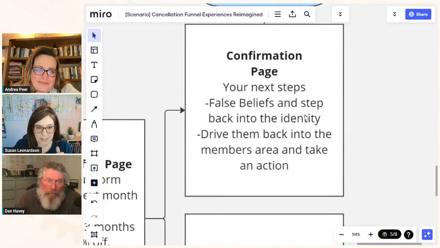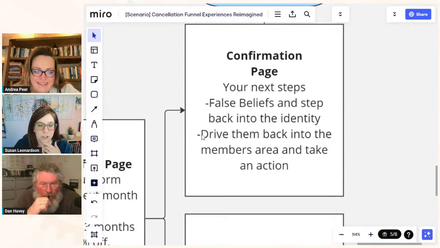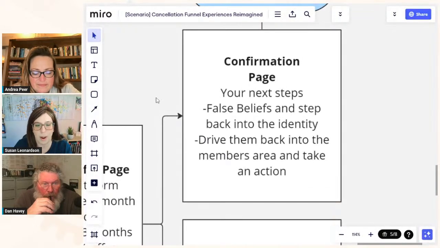Help them to step back into the identity that they were stepping into when they even joined. And then everything should be driving them to take some sort of action to get them going, right? A lot of the times people cancel because they weren't even using it, right? That's not every time, but a lot of the times I think it's because they just didn't even take any action and they're like, why am I paying for this thing? So if you can get them to take that action, kind of like what Andrea was saying before,